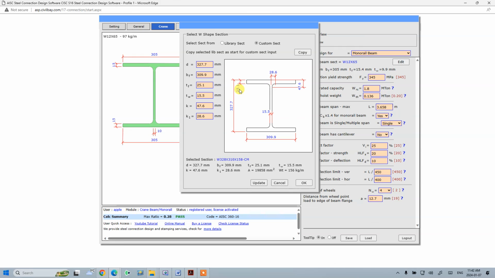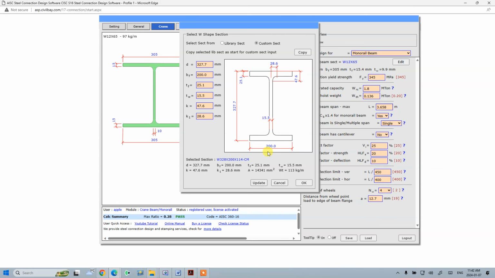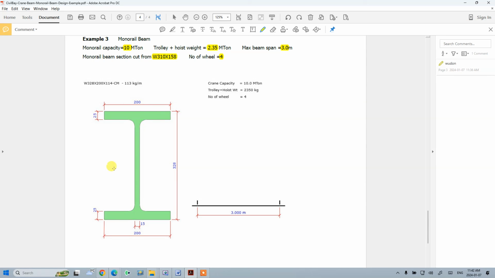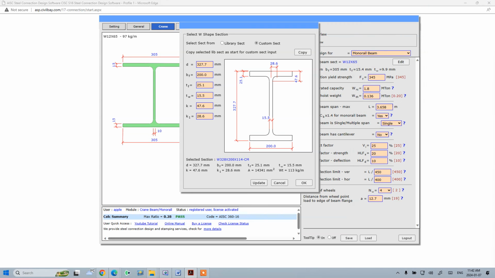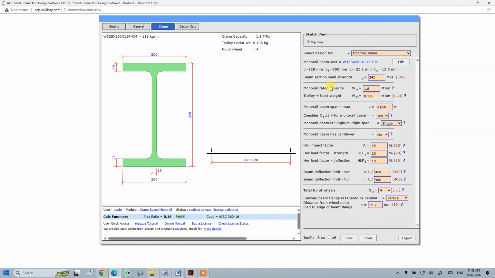The flange thickness 25, 1 inch. Now, the flange width is too wide. We change to 200. Okay, it's a custom section. Update. Okay, so now it's custom sections. So basically, we get the 310 by 25 flange, 200 wide, as monorail beams. And we keep okay. It's a custom section. Okay, A36 is 50 KSI. 10 ton. Okay, 10 ton, and then